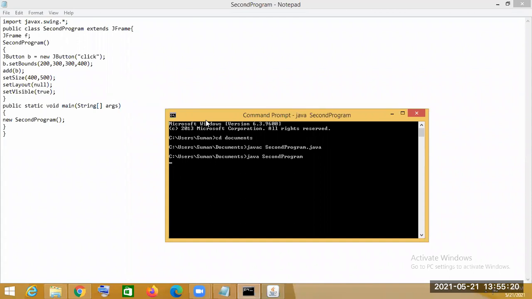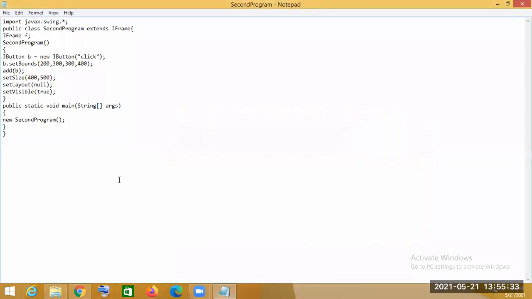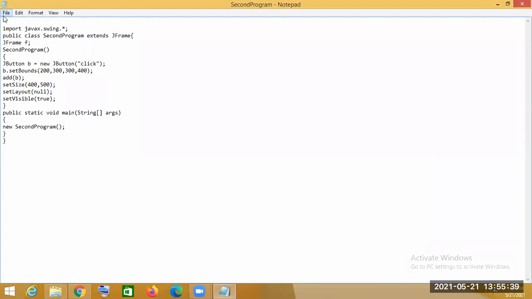Now we have shown that a simple button is created. Now through event handling code, we will show how it can work. First, if you remember, for event handling we have to import a package.